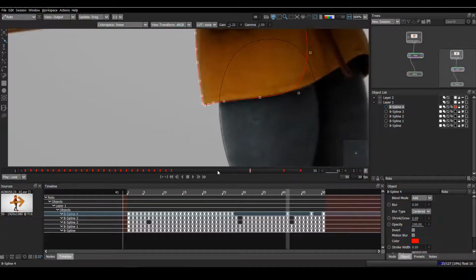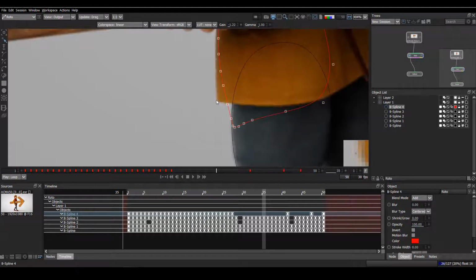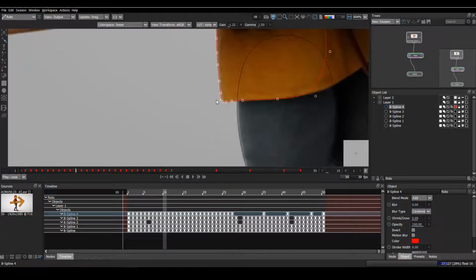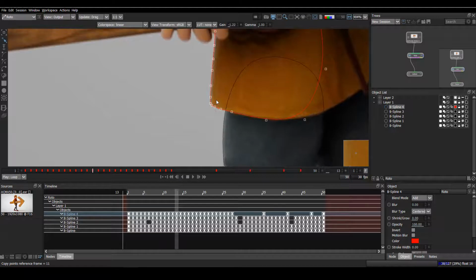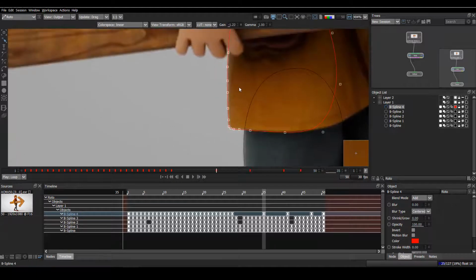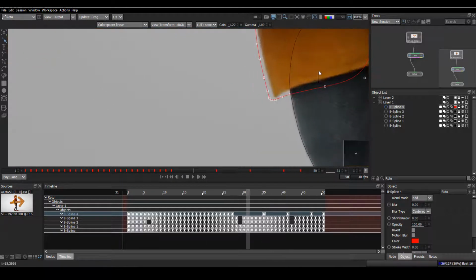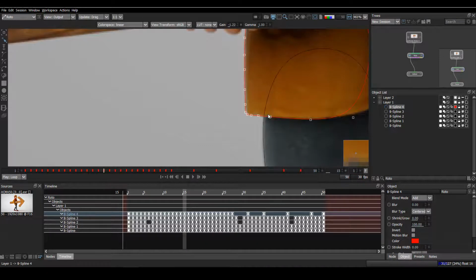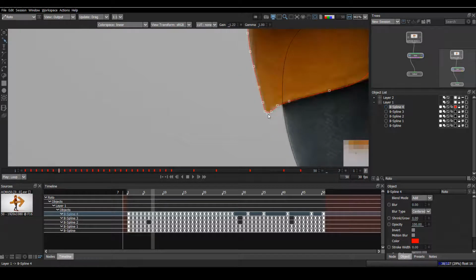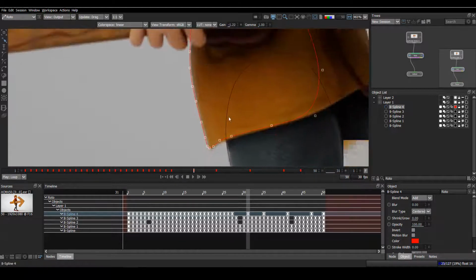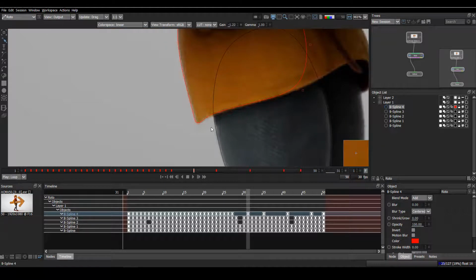So now I'll come here and look for this frame, Control Alt C, Control Alt V. So it's set now here also. Now I'll come here, look for the same. Control Alt C, Control Alt V. So here it's not matching properly, I need to move it.